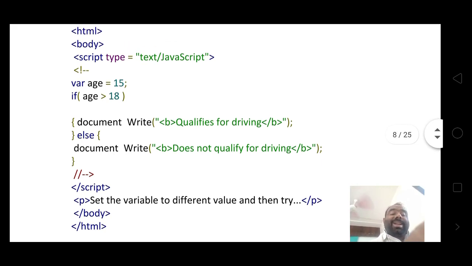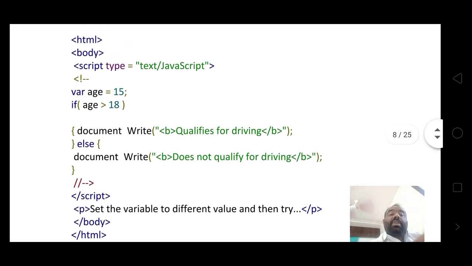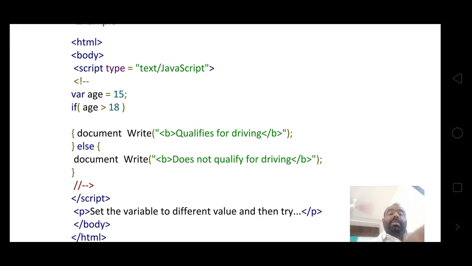If age is greater than 18, and you give age as 20, then document.write "Qualifies for driving" executes.